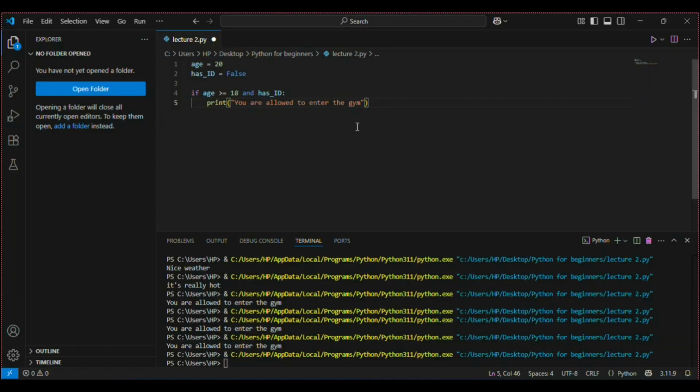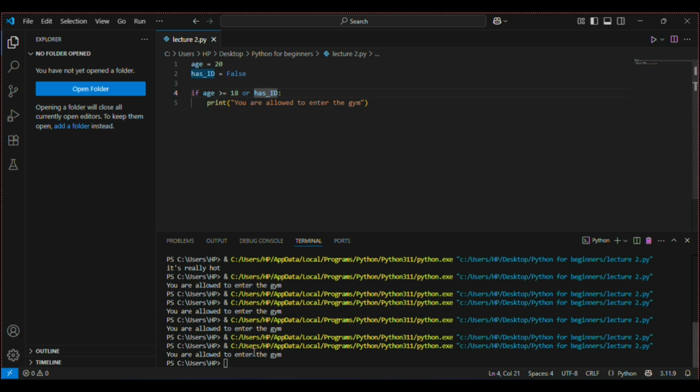We are back in VS Code and let's try all the logical operators. So if I use OR here, now if either this condition or this condition is true, then this code will execute. Let's run this code and it says you are allowed to enter the gym. This is because this condition, age is less than 18, is still true. If somehow I make this false as well,